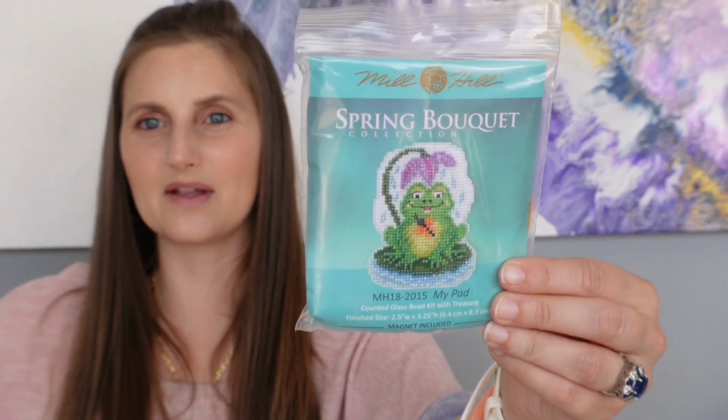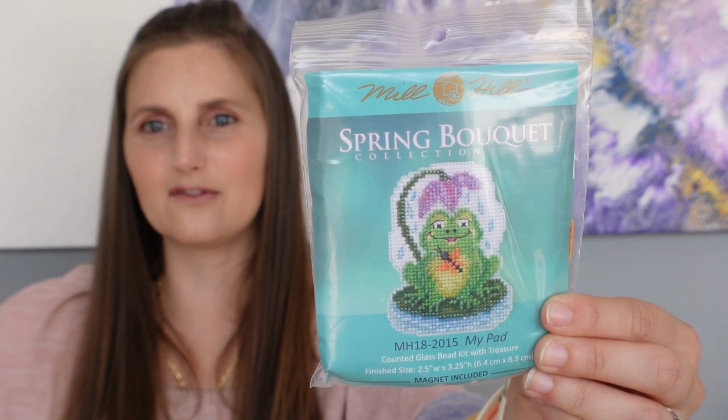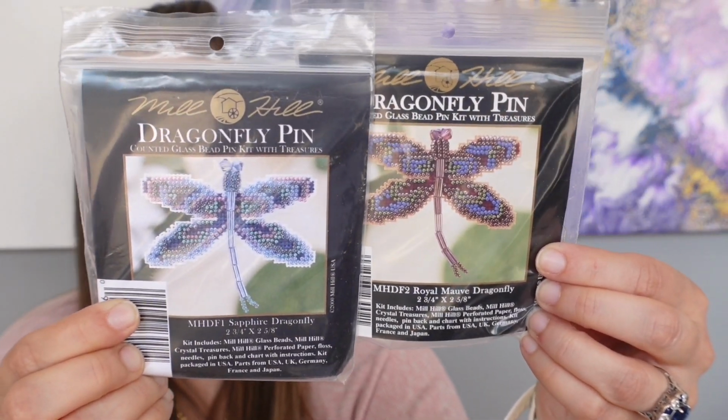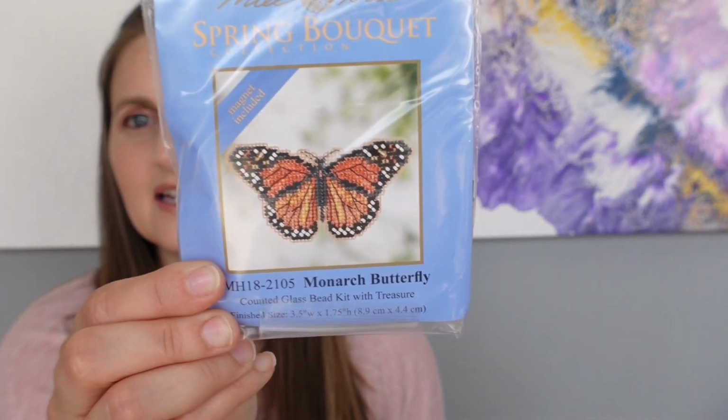So first up, I've got some ornament haul from Hawkins Hobbies. Sorry about the glare on these, but I got the lily pad frog, two beautiful dragonflies in different colours. I got this lovely butterfly. So this is the monarch butterfly. And there was another butterfly that I really loved that unfortunately they had run out of. But yeah, there was some